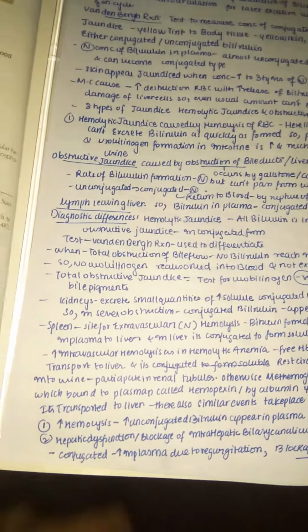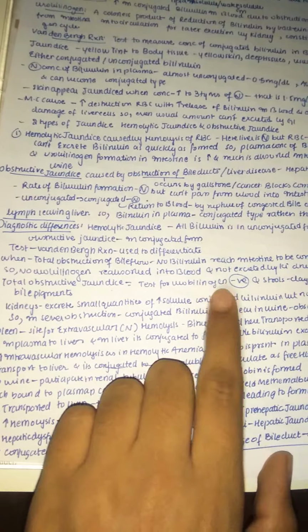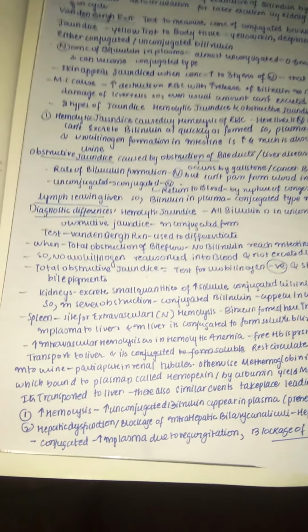And also the clay color feature. Of course, it may be associated with others. So the key point is urobilinogen negative in the case of obstructive jaundice. And now let us see the